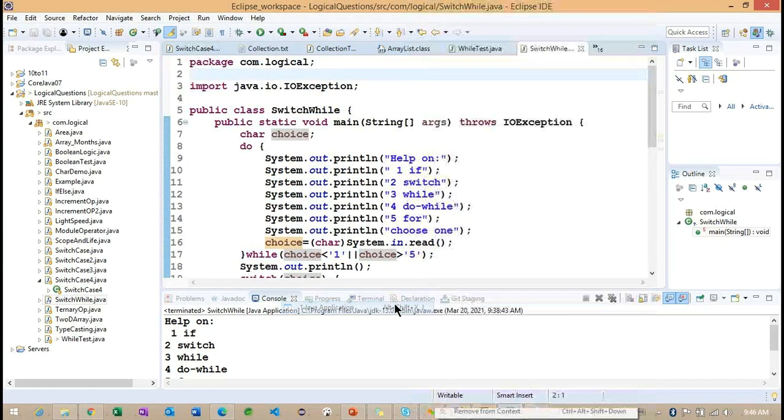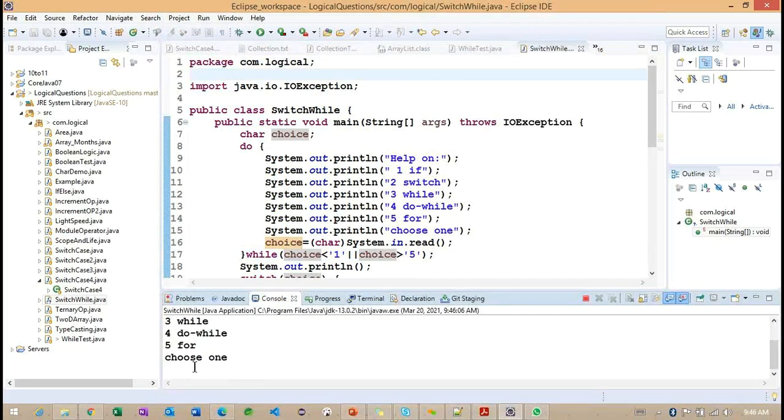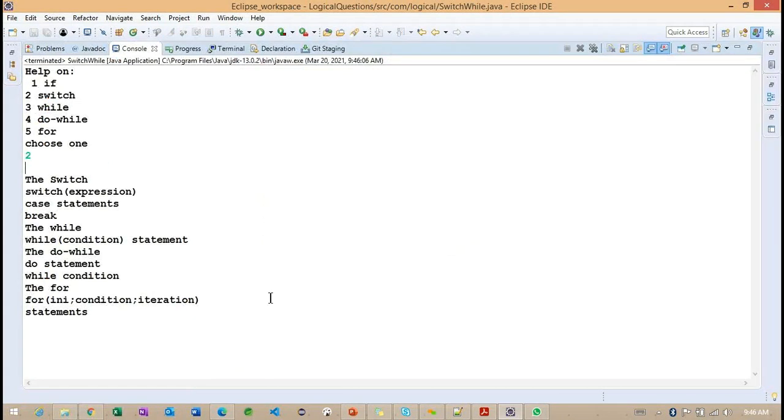Let me run the same example. Now I'm trying to choose. I want to choose second here. What are we getting here? Inside second. So why are we getting second?